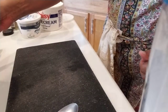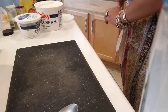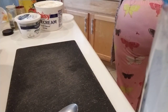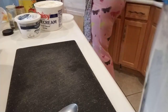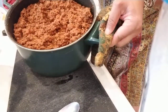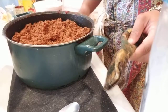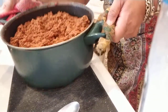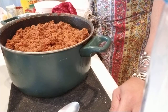I'm gonna bring this over here so you can see because it's done. So this is what my ground beef looks like. And what I do is I brown my beef. I brown it, drain it, and then for the sauce,